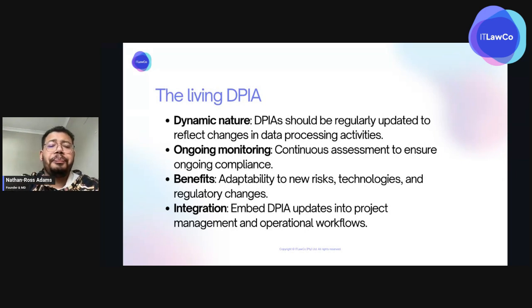And so really they need to be updated to reflect changes in the regulatory environment, to manage new or ongoing risks, to understand whether anything within the project specifically has changed, so that the DPIA accurately reflects the status of your project,